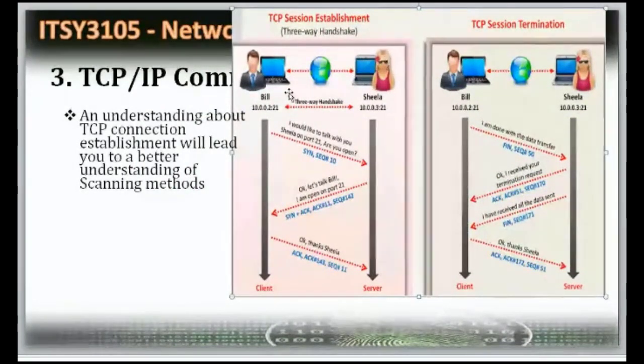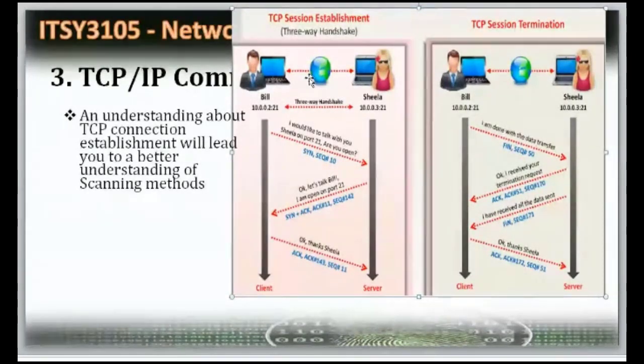You see the IP address 10.0.0.2, and 21 is the port number used in this machine. Then this machine is 10.0.0.3, and 21 is the port number. They want to exchange some data by using the TCP protocol, a TCP connection.